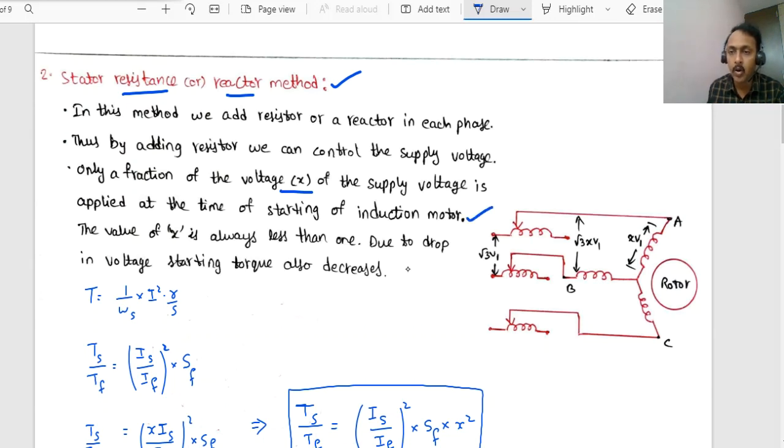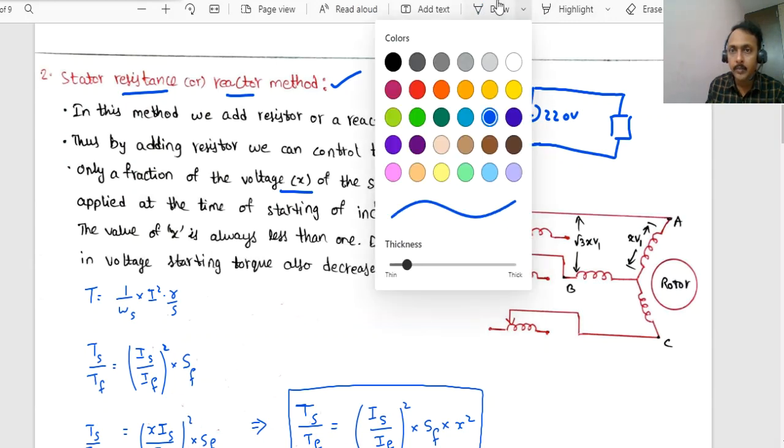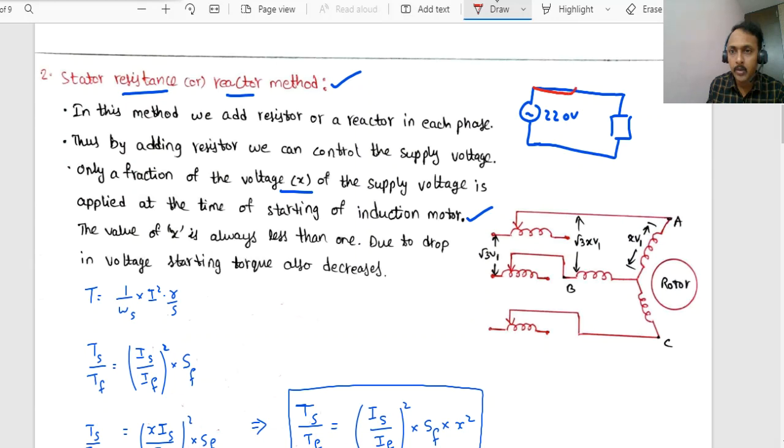This is very, very important. All this will be achieved by just simply adding some resistor to control the supply voltage. Simple. For example, here if you are having a source which is giving you some 220 volts, and if you are having a load, if there is no external resistance connected, this 220 volts will be directly applied to the load. But if you have connected any resistor in between the source and